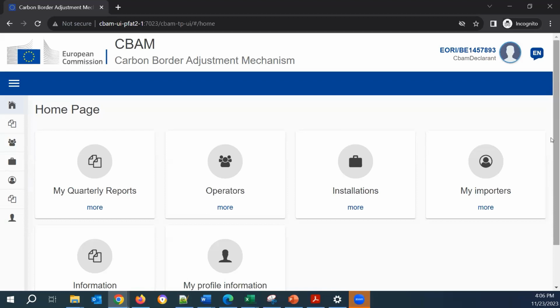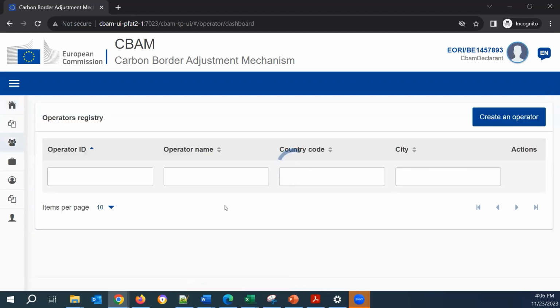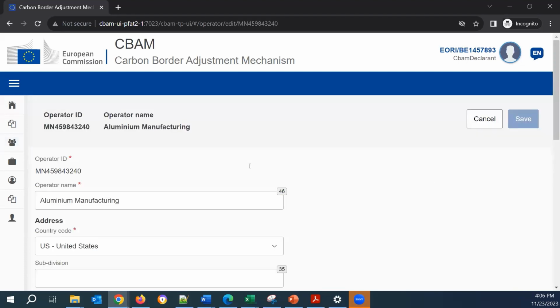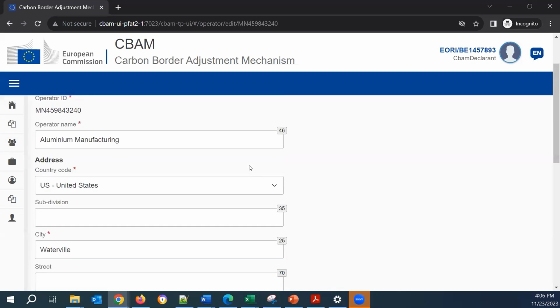So I will create an operator for the cement sector. I have already added an operator for the aluminium sector. We can see this displayed information, edit. You can see here the information.